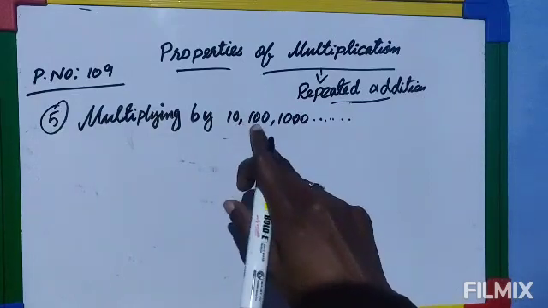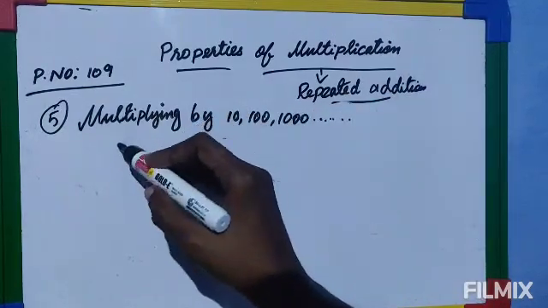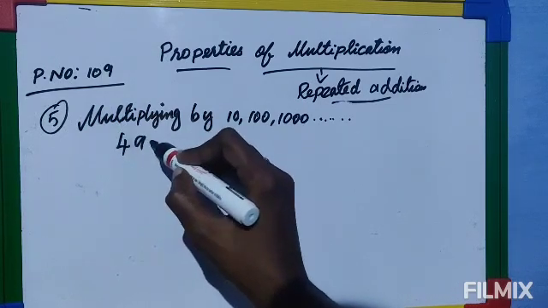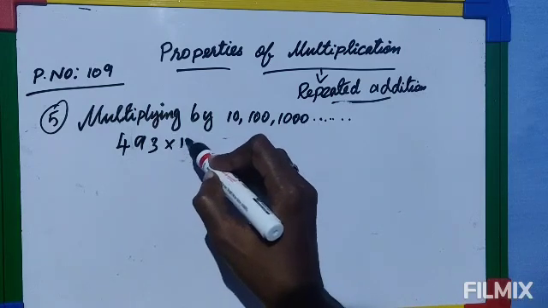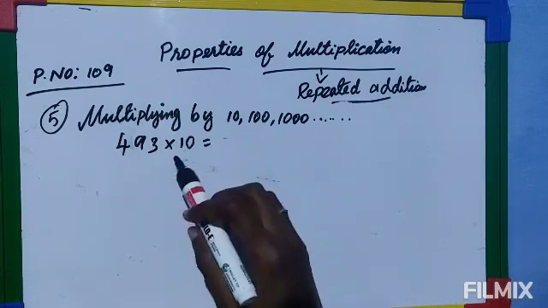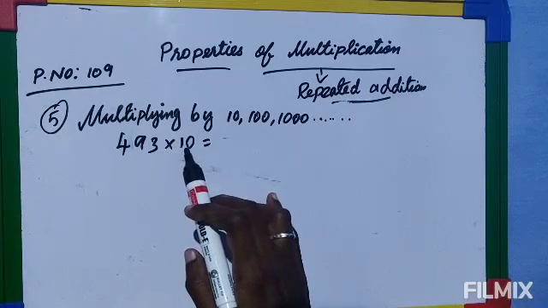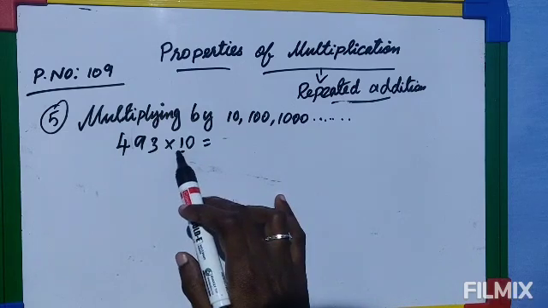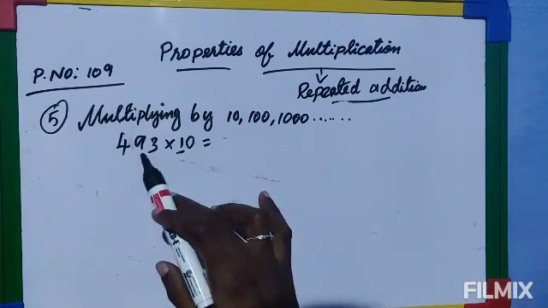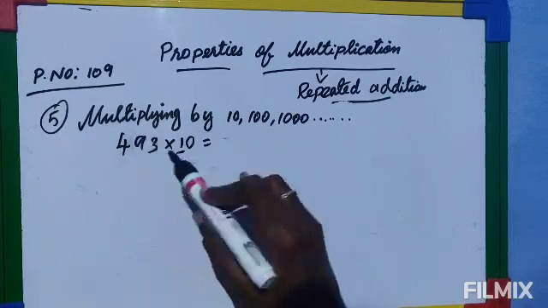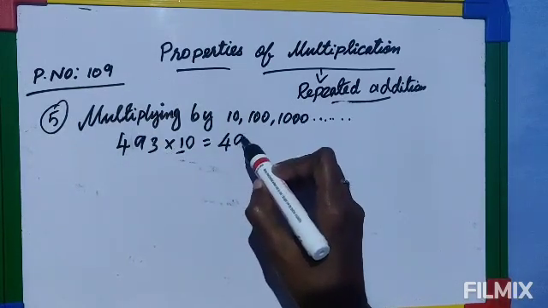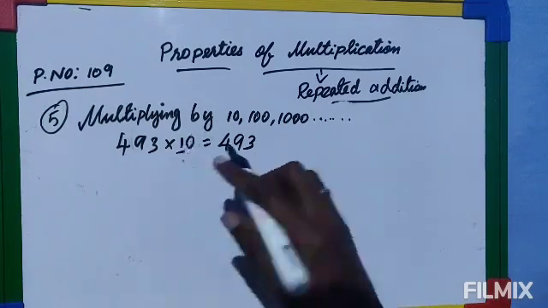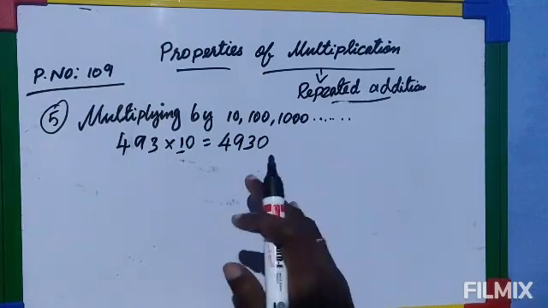Powers of 10 means just the zeros increase. Now suppose there is a number 493, you have to multiply by 10. Just as I told you before, multiplying by 10 is easy. You see here 1 is there. I told you to ignore the 0, just look at the number here. So 1 is here. If you multiply any number by 1, you will get the same number as the answer. So the answer is 493. And after multiplying, now you look at the 0. 1 0 is there, so that 1 0 you insert at the back.